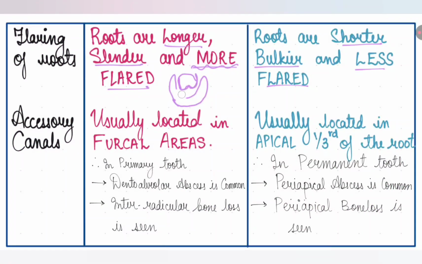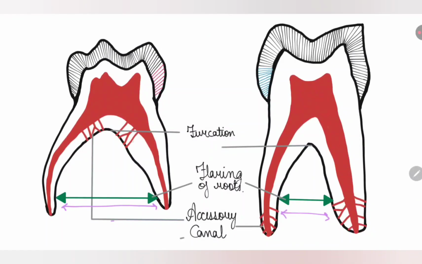Talking about the accessory canals, so the accessory canals are usually located in the furcal areas in primary teeth, whereas they are located in the apical one-third of the root in the permanent teeth. Let's see it here. So you can see these are the accessory canals, right? The accessory canals are present here and here. So the accessory canals are more in the furcal areas. Therefore the spread of infection is more in the furcation area, right? The spread of infection over here, in the furcal areas, is called dentoalveolar abscess,